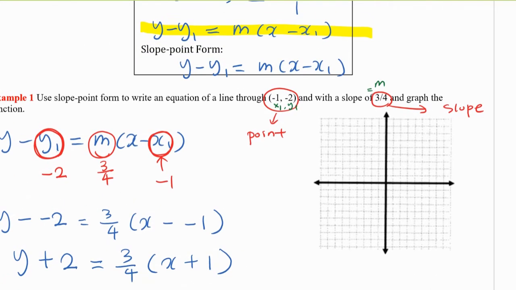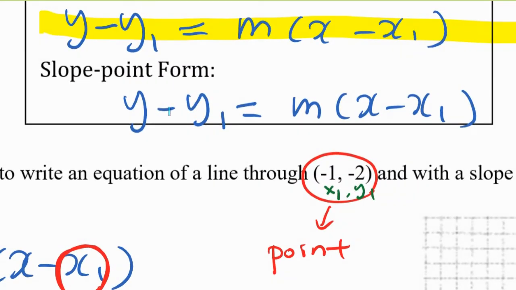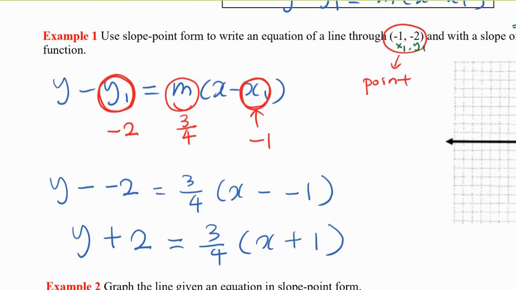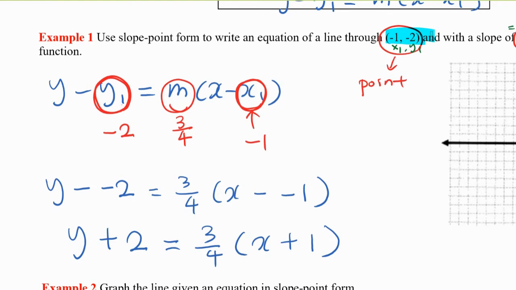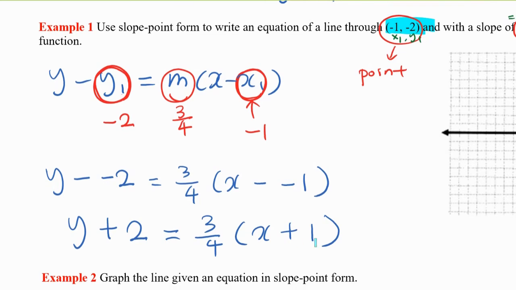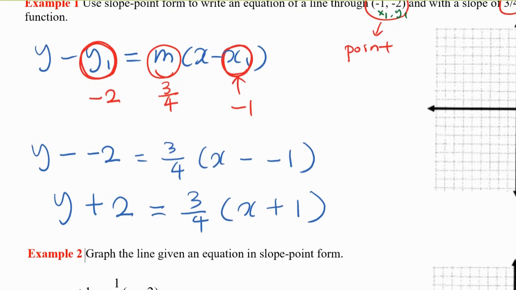Because slope point form, as you see, has a minus here and a minus here. When the point is negative, because of the minus here, it becomes positive. So -1 becomes +1 because of the existing minus. And here, -2 becomes +2 because of the existing minus. All right? So remember it,